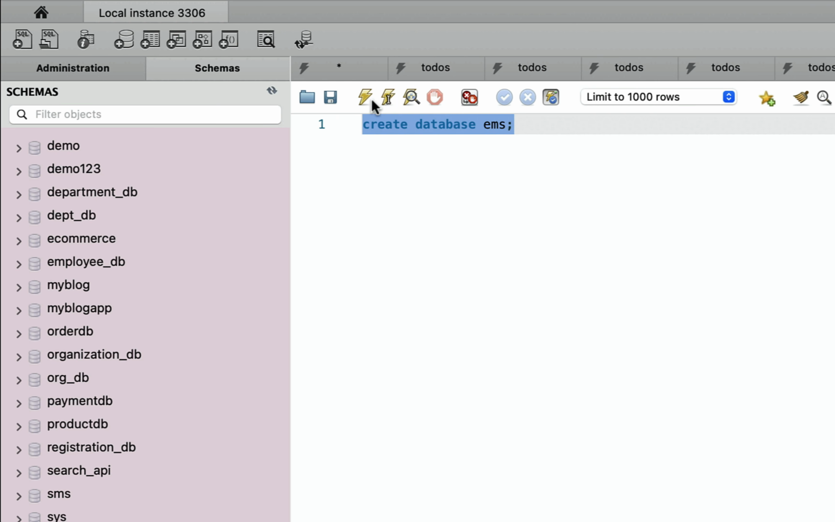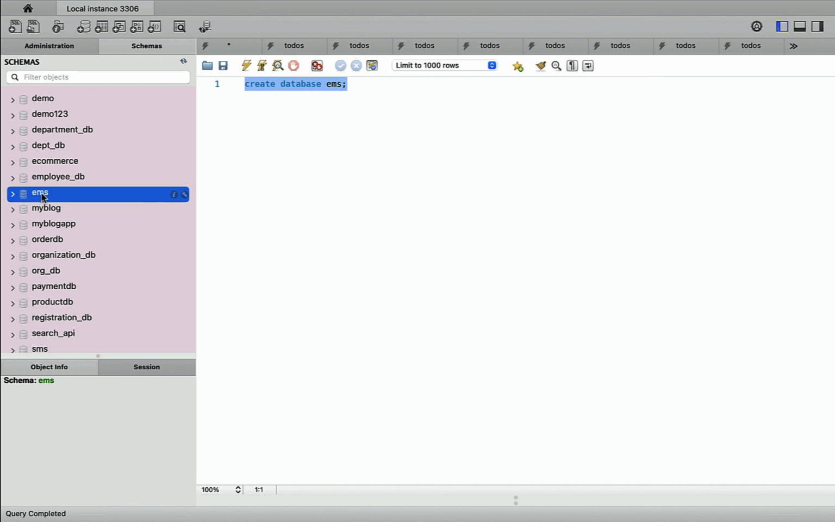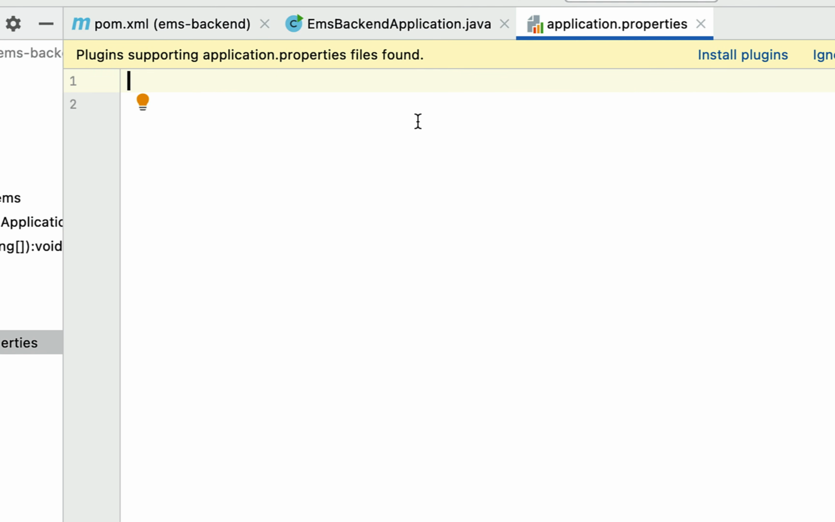Next, let us go ahead and execute this SQL statement and refresh the schemas, and here you can see EMS database successfully created. Next, let's go back to our project in IntelliJ IDEA and go to application.properties file, and within this application properties file, let's configure the MySQL details. So just type the property